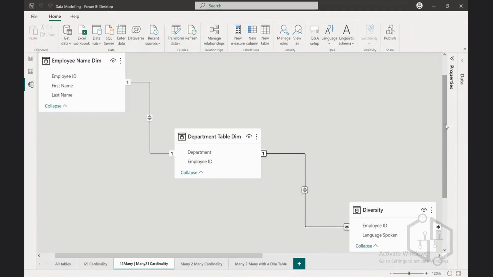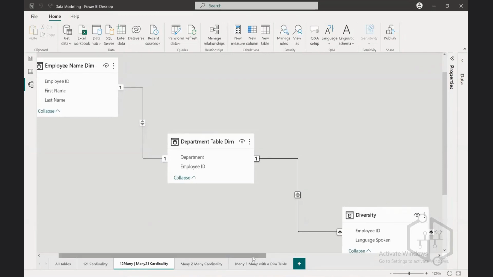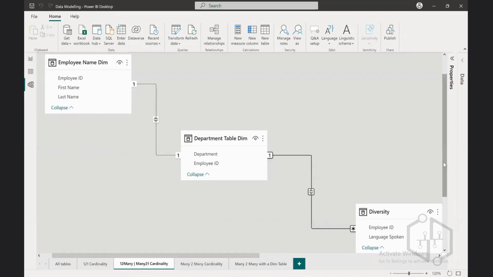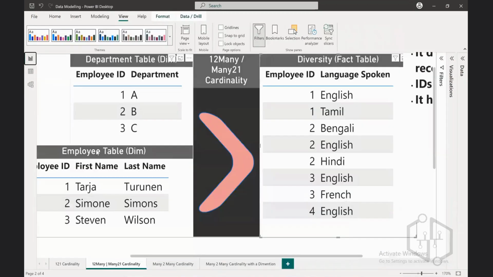Look at this, Upasana. Employee table is linked to department, not to diversity. But what I'm saying over here is that even the employee table is indirectly linked to diversity table because of the relation. So data model is really a powerful concept. Your employee name is also linked to diversity. What does that mean? That if you take something from the employee table as well,